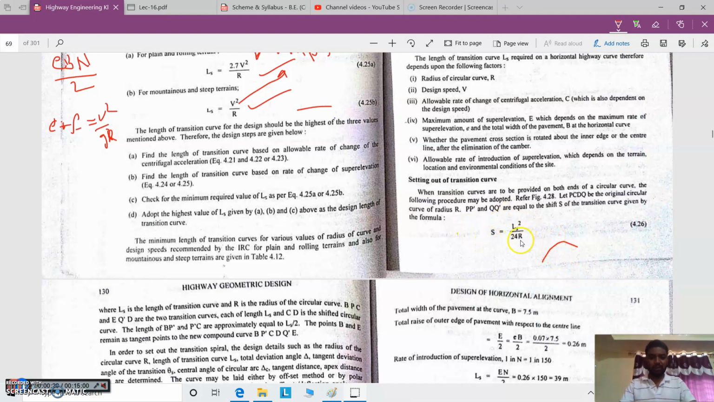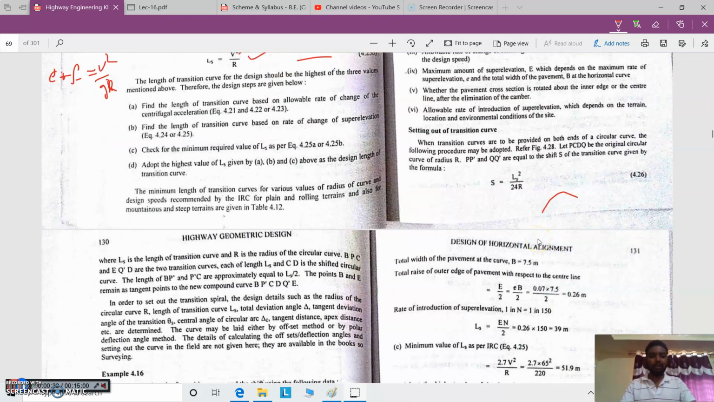This shift, you have already studied in your survey class, that is setting out of curve in the field. So here we are considering directly the shift S is equal to L square by 24R, so that this shift is considered when the two transition curves are to be provided on both ends of the circular curve. Say if it is considered a circular curve, at both ends, at these points, it is necessary to provide a transition curve. Sometimes it is shifted,